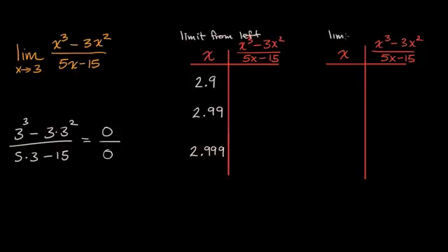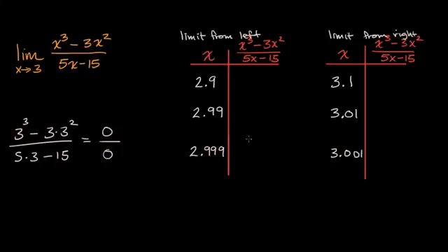So we could also try to approximate the limit from the right. What values would those be? Those would be x values larger than 3. So we could say 3.1, but then we might want to get a little bit closer. We could go 3.01, and then even closer to 3.001. Every time we get closer and closer to 3, we're going to get a better approximation, a better sense of what we are actually approaching. So let's get a calculator out and do this. And you could keep going, 2.999999,